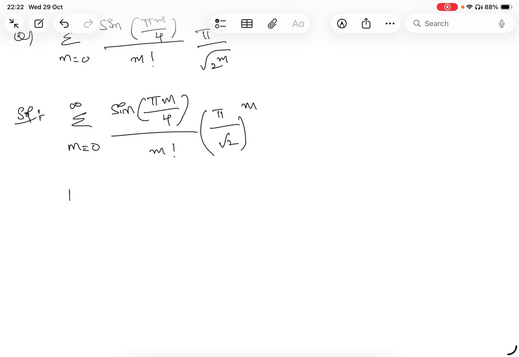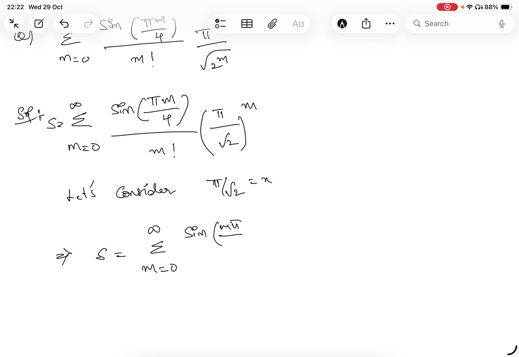Now instead of writing this many times, let's make a substitution, pi by root 2 as x. Now this summation, let's write it as s. So then s becomes summation m equal to 0 to infinity, sine of m pi by 4, okay, let's just write it one here so that we can write x power m by m factorial,